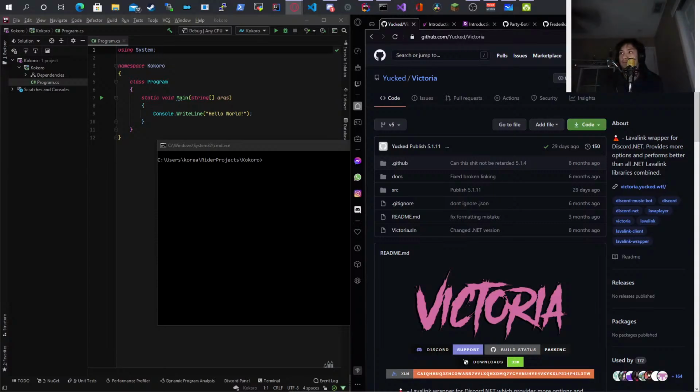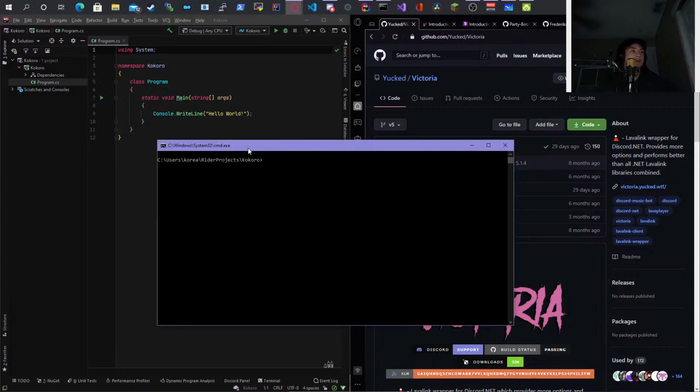Okay. Oh, okay. It doesn't show that, but okay. Neat. Okay. I'm going to be using Victoria because Sharp-Link sucks. It actually does suck between the two.